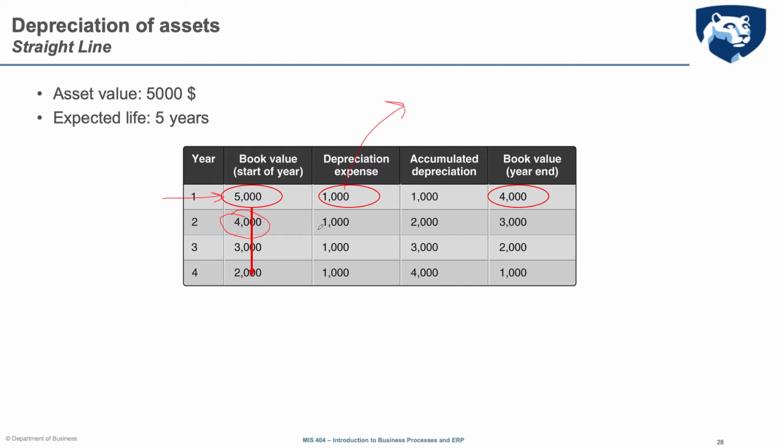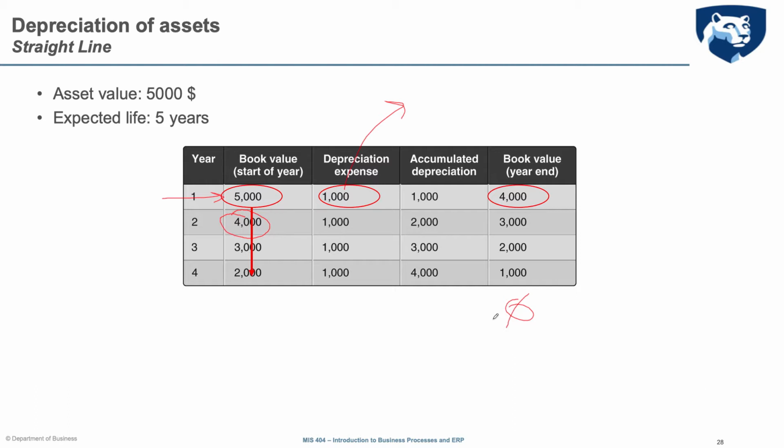until you reach year 5, where the book value at the start of the year will be $1,000, and at the end of the year you will have 0. And after this, the asset will be fully depreciated, and no more cost will be allocated to the